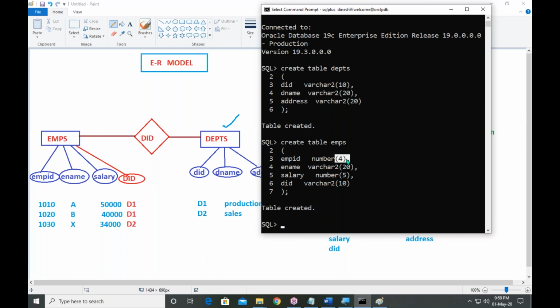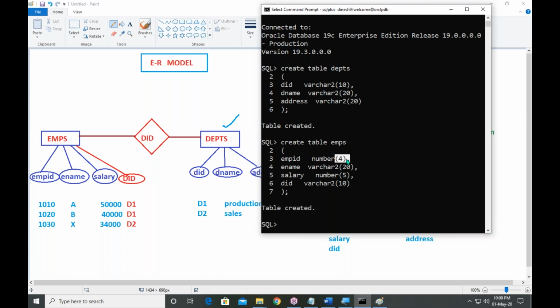What is number? What is varchar2? Like number and varchar2, how many names are available? These are called data types. In the next session, we will discuss what are the data types provided by Oracle company. That point we will discuss in the next class.